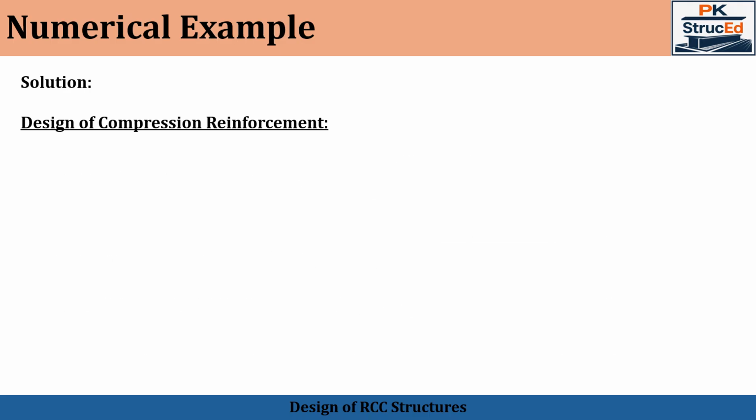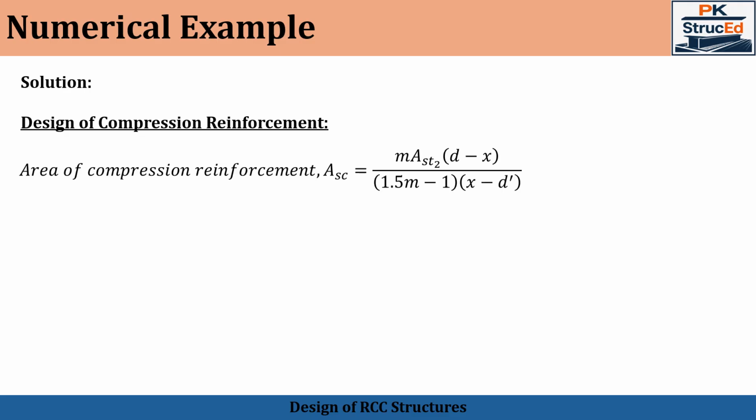Now we design the compression reinforcement. The key point here is that compression steel resists the additional moment M2. The equivalent concrete area concept will be used, and the stresses in compression steel are to be kept within the permissible limit. The area of the compression reinforcement ASC will be calculated using this relationship, where m is the modular ratio, AST2 is the area of the steel required for satisfying M2,